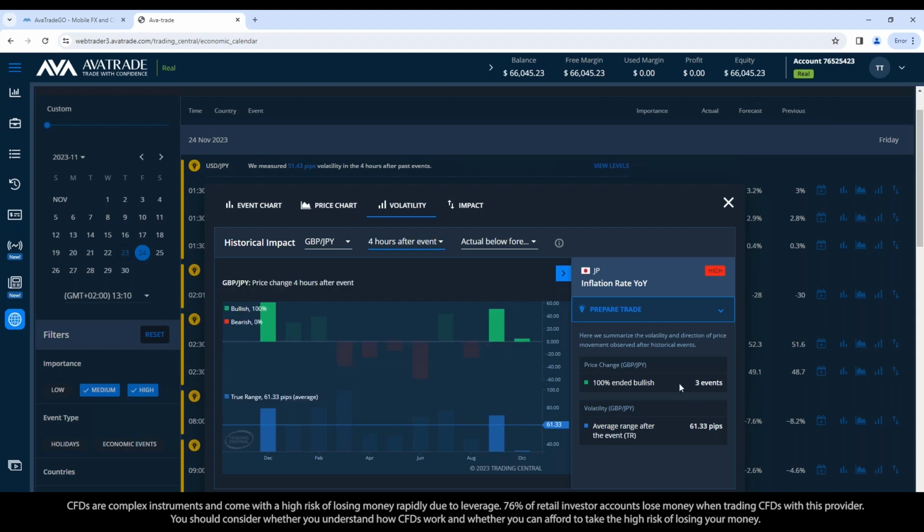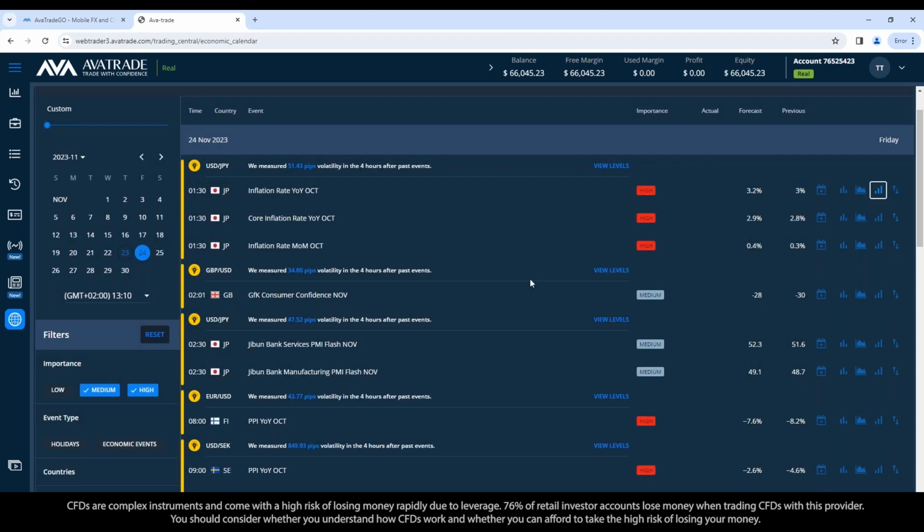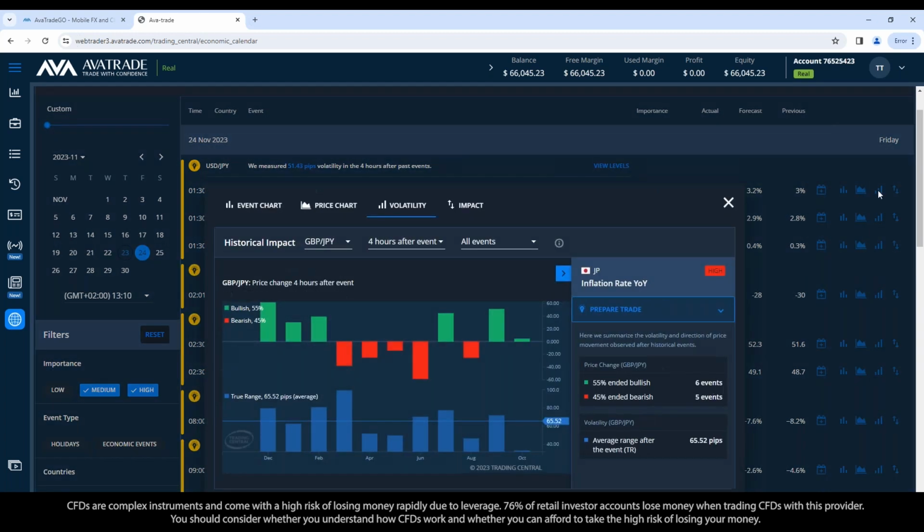Okay, and that's having the benefit of seeing the data come in first. Is it above or below forecast, and getting your trade off in those first 5 minutes when there's a smaller range movement compared to what happens after 4 hours. Okay, so a couple different directions you could trade on the same announcement depending how it comes in. You say, well, what if it matches the forecast? If it matches the forecast, what has happened in the past, not as strong of a statistical advantage. 60% down, 40% up.